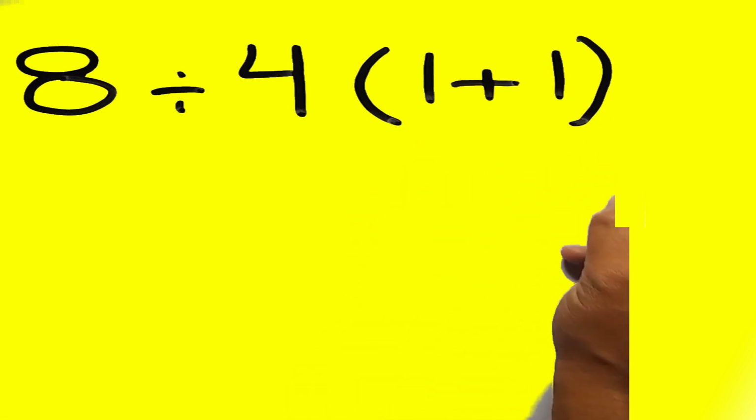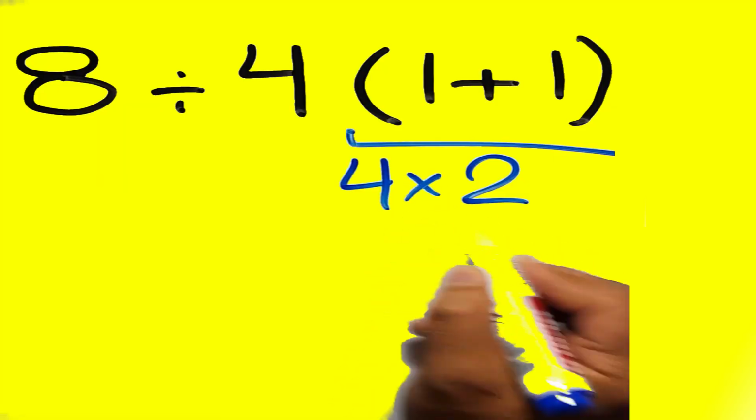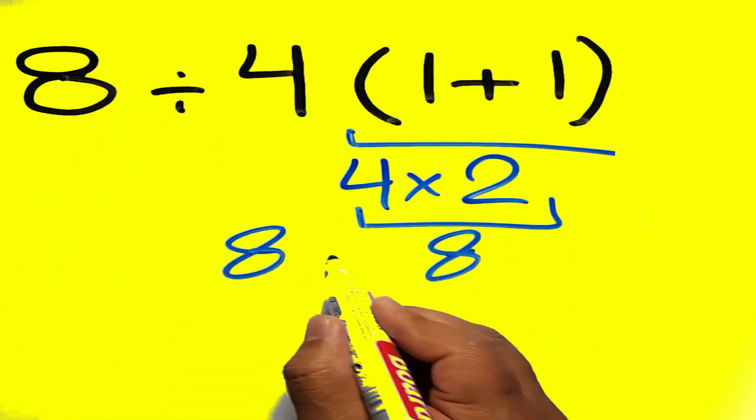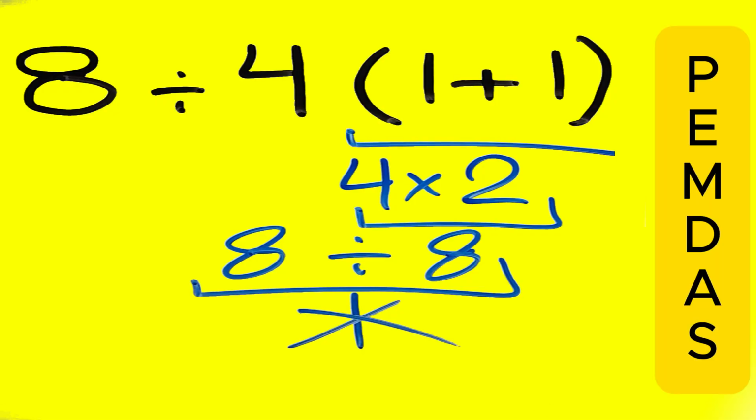1 plus 1 gives us 2, and 4 times 2 equals 8. So, 8 divided by 8 equals 1. But this answer is not correct, because according to the order of operations, first we have to do parentheses,